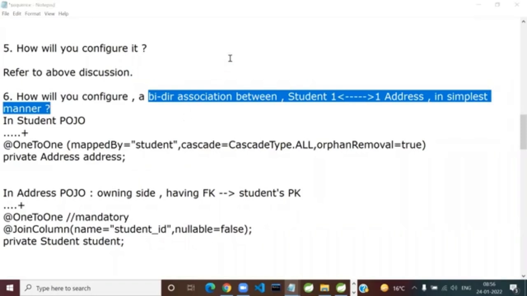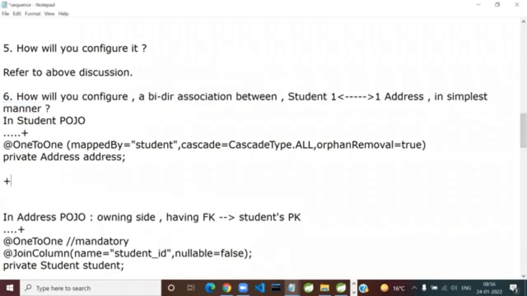Clear or not clear? And the story is not over. And where would be your helper methods, such as I want to assign the address, add address, remove address? Where will you add these methods? Of course, in the student. In address, you won't add address. Come on. So here, we can add helpers.